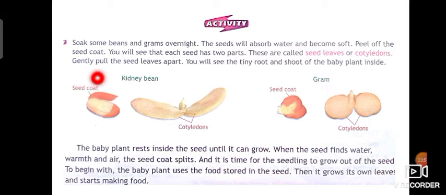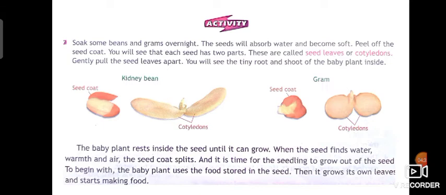These are called seed leaves or cotyledon. Okay, and gently pull the seed leaf apart. Okay, and you will see the tiny root and shoot of the baby plant inside. Okay, here you can see the cotyledon, and here in this gram you can see the cotyledons here.